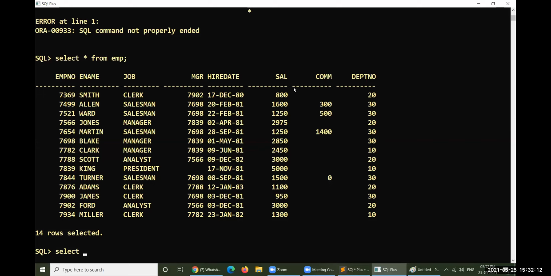Let's select employee number, employee name, salary, the actual salary, and the increment, which is salary into 0.1, that is 10%, from EMP.